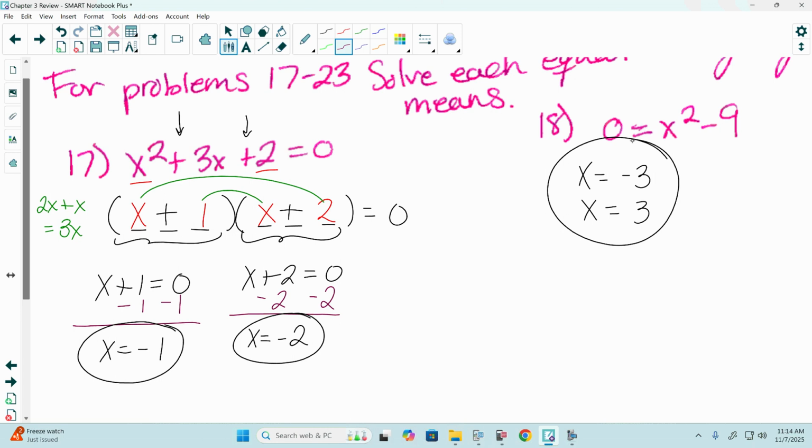Second graph. So you go up and down. So yeah, you're gonna have to keep coming down. Keep going, keep going, keep going. There's one of them. So we see -3. So -3 equals 0. So just x equals -3. And then you keep going, and x equals 3, because the solutions are the values of x that make